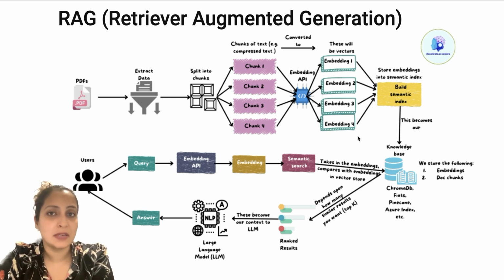Once your embedding has been done, you store those embeddings. So you can either store them in a vector DB. Vector DB is like a database. I'm sure you might have heard of databases, if not vector databases. So it's just a database to store vectors. So either you can use a vector DB, and some of the examples of vector DB are Chroma DB, FastDB, Pinecone. And then you can use Azure Index to also store indices.